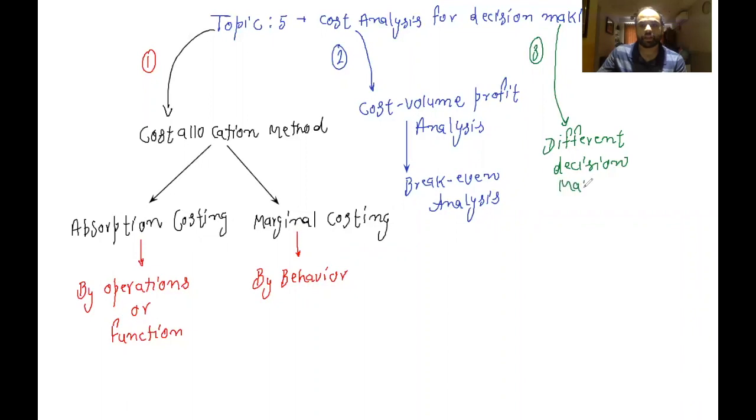Different decision making. Different decision making means the company has to make different kinds of decisions in organizations. All right. And what are those decisions, first of all? Let me give you a quick example. For example, there are two kinds of